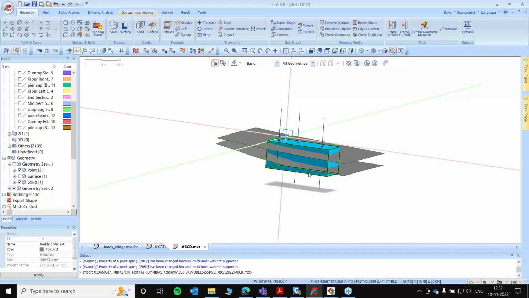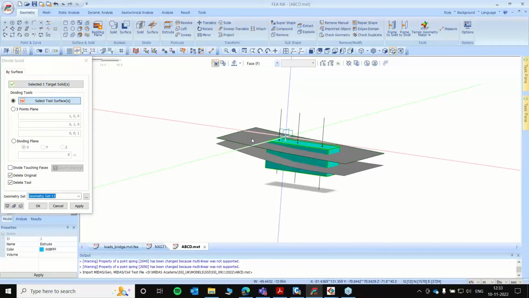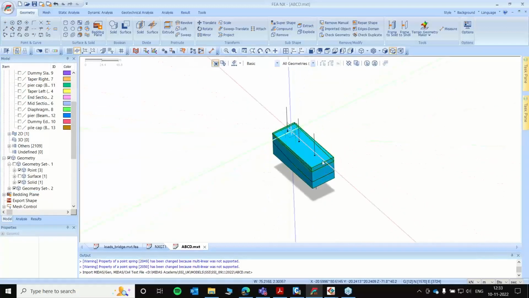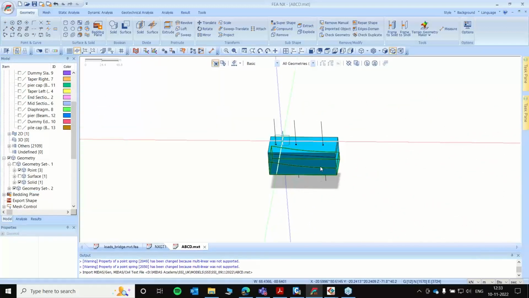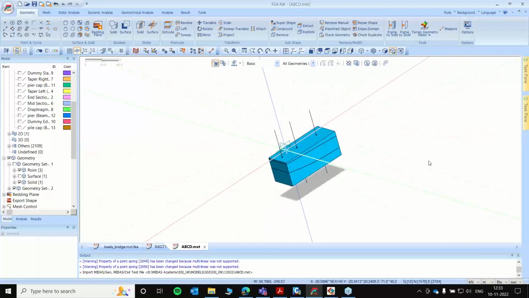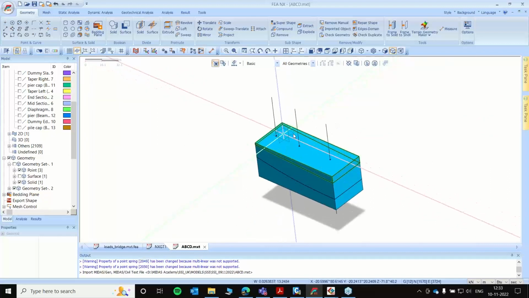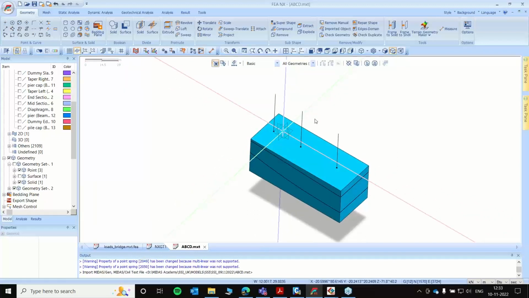To create the accurate ground representation, I just need to go to divide solid, click on the solid, select the tool surfaces. Okay, I'll press okay. You can see my solid is now 3 layers. That means I have the soil stratigraphy embedded into it. So that's how you can easily replicate your soil stratigraphy based on your borehole data locations. Again, for your bridge analysis, your borehole data locations might differ. So as long as you have the coordinates, you can easily create your borehole logging into here.